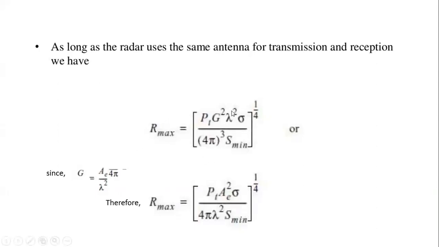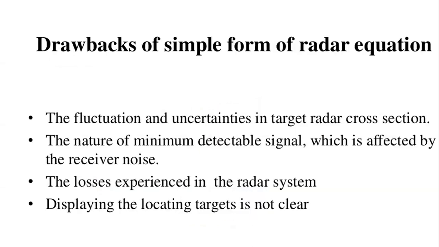Both the equations are correct. One is only with the terms of when we are focusing on the maximum power, and here we are interested in gain. So the first formula talks about the gain, whereas the second formula talks about the effective area of the antenna, how much these echo signals are falling onto the antenna. So both formulas give different parameters you can find out. With the first formula, you are talking about gain. Then in the second formula, you are talking about effective area. And this is how you can use this equation.